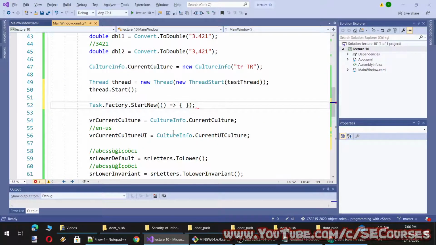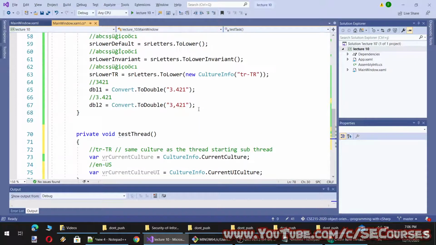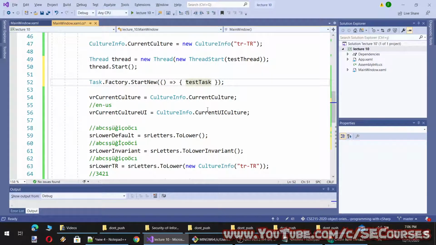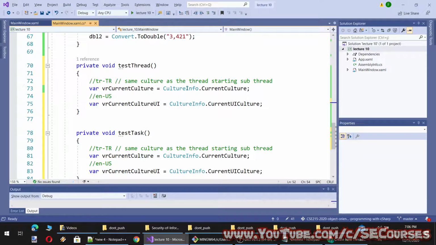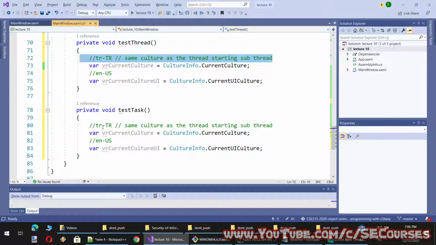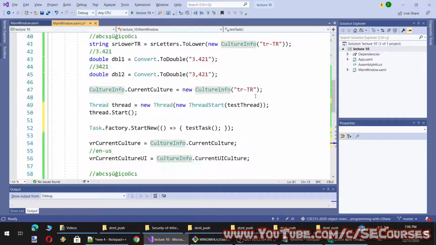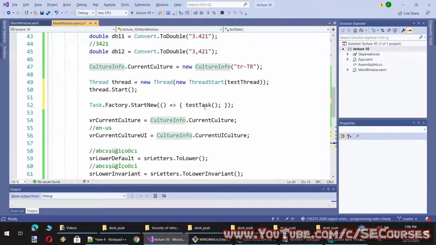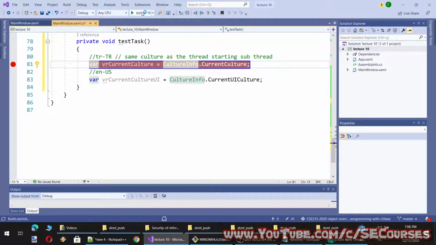Okay, and I could use the same method, but in order to be sure and if necessary write different command, I have made it like this. So this time we are using test task.